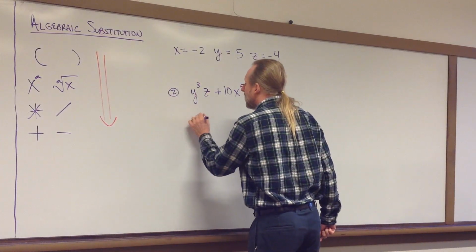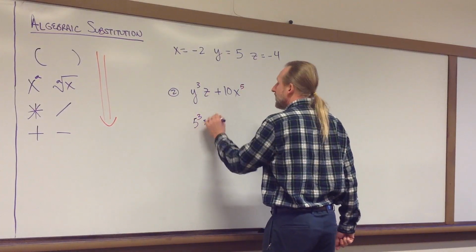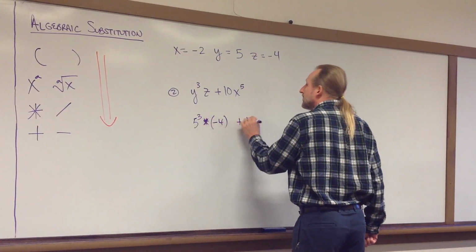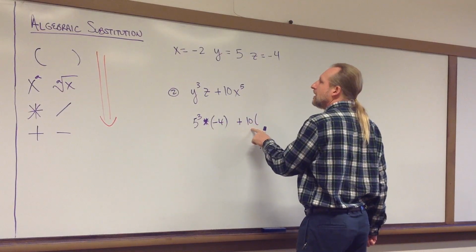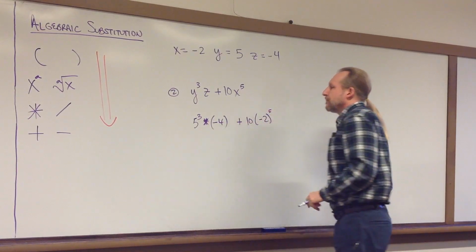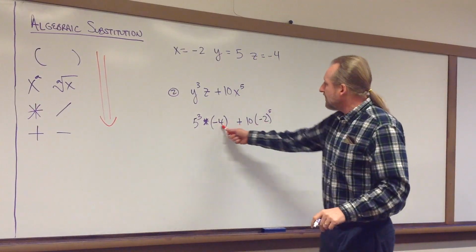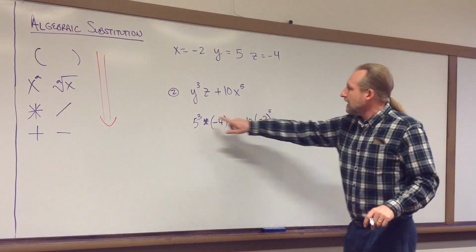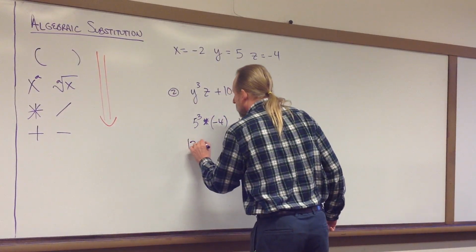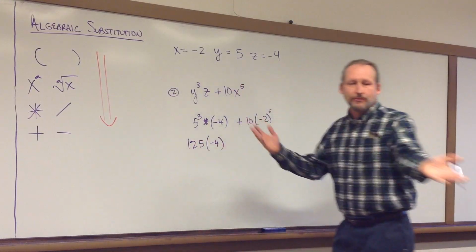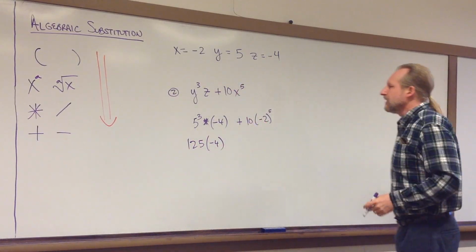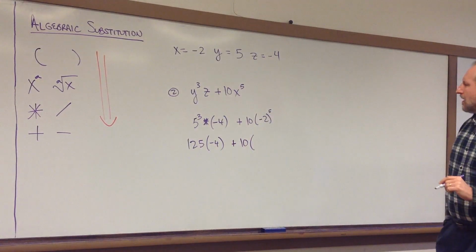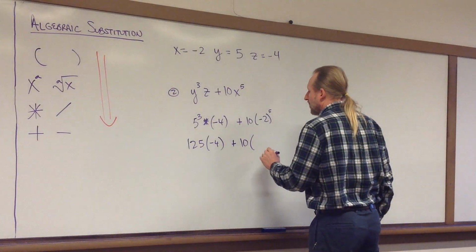So we'll have 5 to the 3rd power here, and then the z is -4. That's a times symbol right there. And then times 10 times -2 to the 5th power. We don't really have anything to do in these parentheses, so now we want to do these exponents. 5 to the 3rd power is 125. If you're not sure, I've got the calculator right here. And then -2 to the 5th power would be